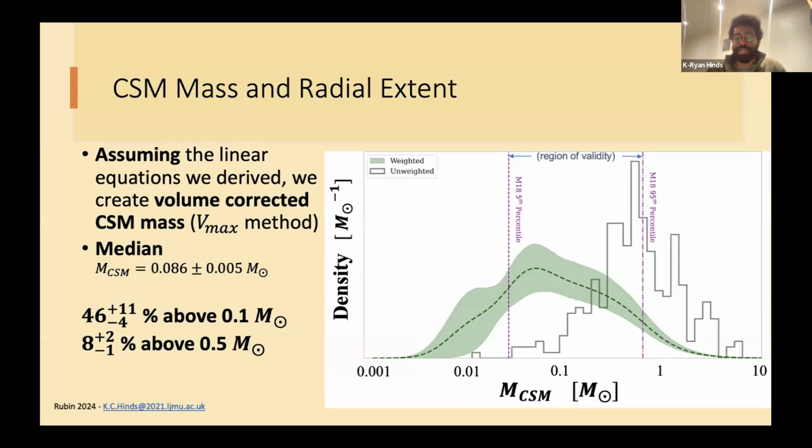But the key quantity here is the proportion of events that have, or we estimate to have, above 0.1 solar masses worth of material. And so that's quite a large proportion of the population, and it's volume corrected. So we're commenting on the population as a whole within this magnitude range, which is owing to the idea of this enhanced mass loss period.